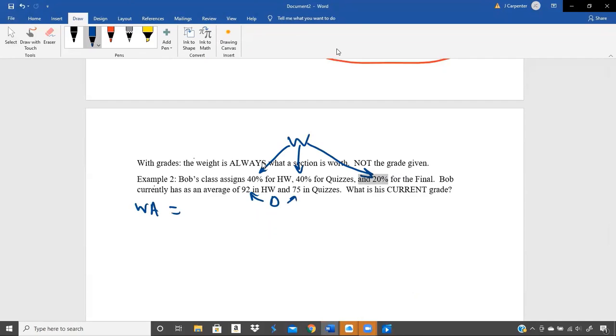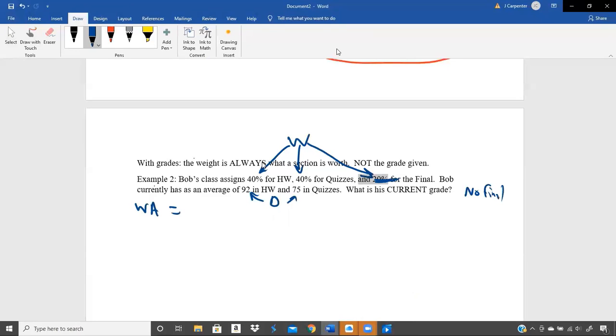But Mr. Beckner, you didn't give us the final. You said the final is 20% of your grade, but you didn't give me a final. How can you give me 3 weights and only 2 pieces of data? You just said earlier you have to have the same number of weights and datas. Exactly. So don't use the weights that don't have a data. So because there is no final,